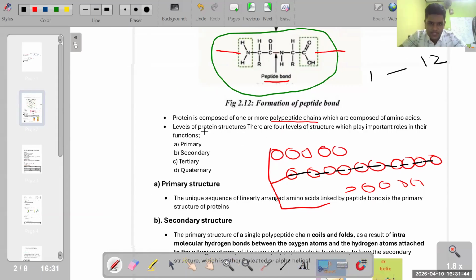Like that, as soon as an amino acid chain is formed, it will pass through several structures. It will first be a primary structure, and then it will develop into a secondary structure, then a tertiary structure, and then the quaternary structure. So what are these? These are the different zones in which an amino acid chain is present. It will pass through them to become functional. So when it passes the quaternary structure, it will be functional. Is that clear?